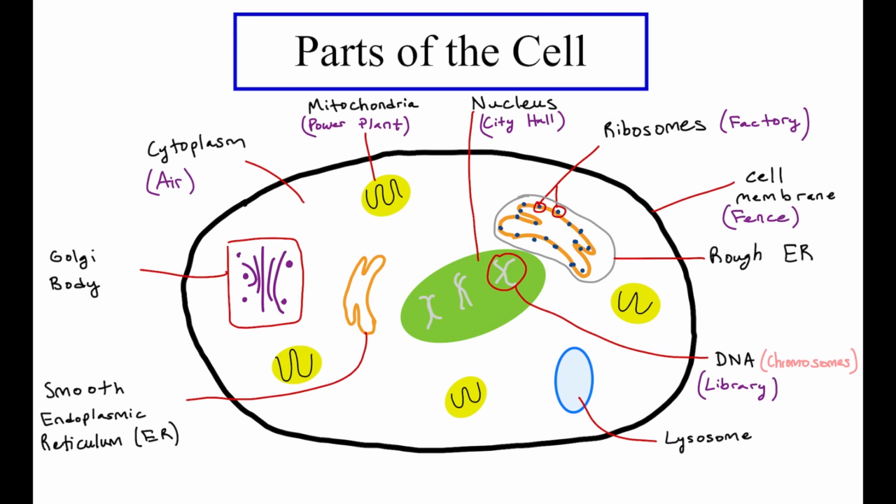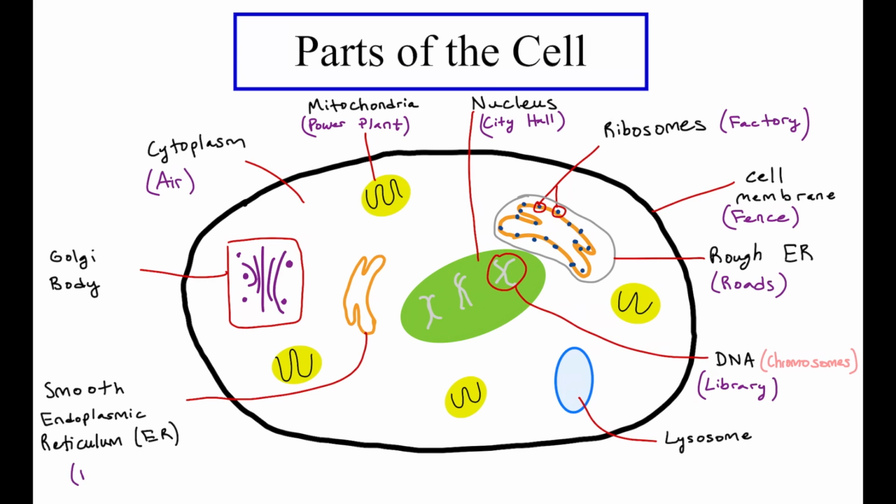And while there are many ribosomes found floating throughout the cytoplasm, there's also some stuck to the rough endoplasmic reticulum, or the rough ER, kind of like we talked about earlier. So now if we take a look at the rough ER, I like to think of the rough ER kind of like a road, because once the ribosomes on the rough ER finish making their proteins, the rough ER will take those proteins and send them to the Golgi body so that they can be modified, and we're going to talk about that in just a second.